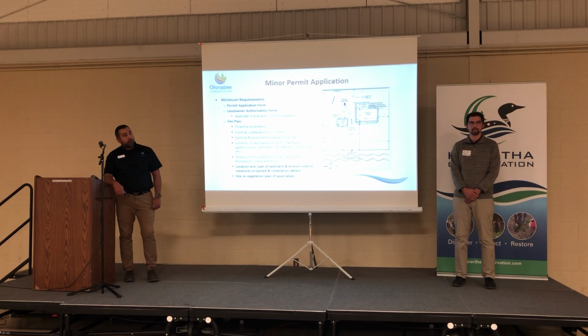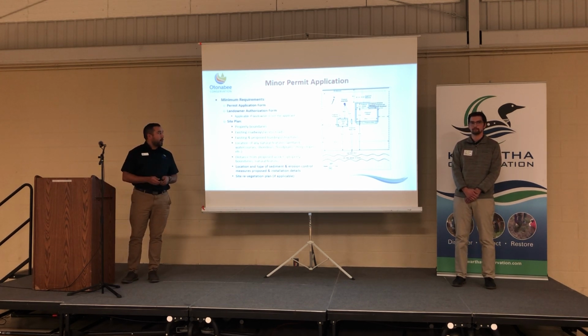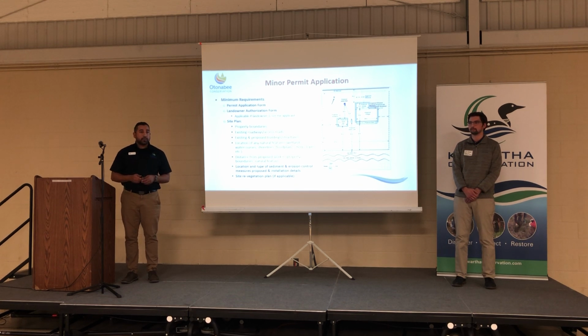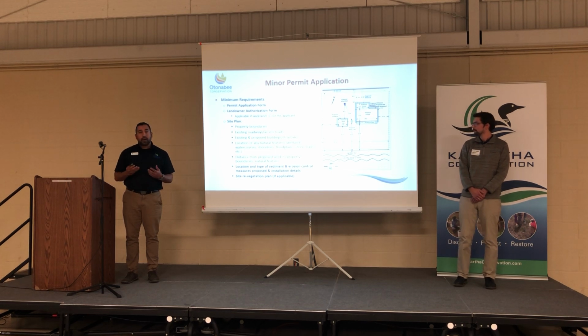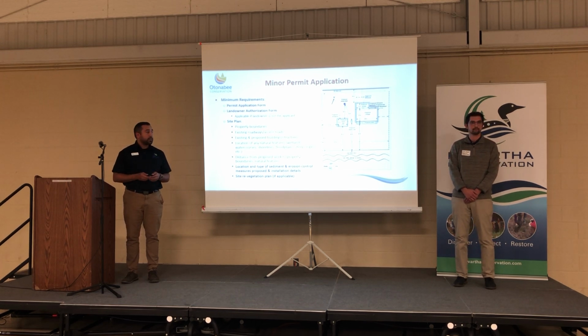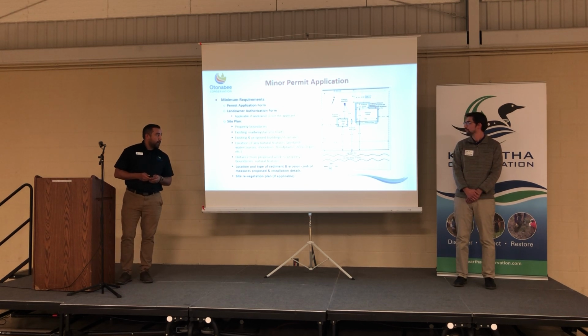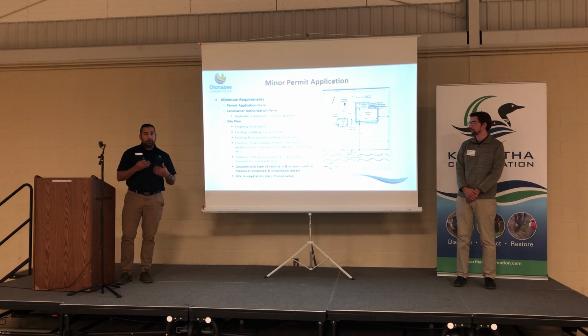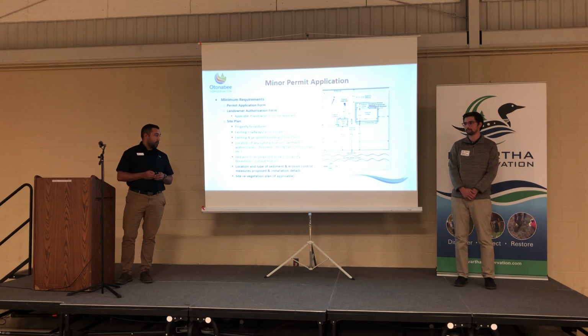Also include a site plan, and on the site plan include details such as property boundaries, any existing roadways or access roads such as the driveway, existing and proposed buildings or structures, if there are any new structures going into your shoreline or anywhere else on the property. The location of any of the natural features such as wetlands, watercourses, shorelines, floodplains, steep slopes, or any other natural hazards. Just simply labeling them on the site plan is good enough. And for us, we also want to know the distance from the proposed work to the property boundaries, as well as the distance from the proposed work area to the natural features on site.